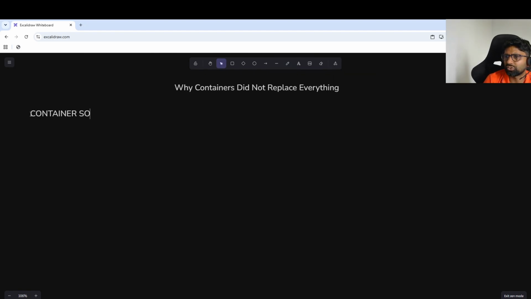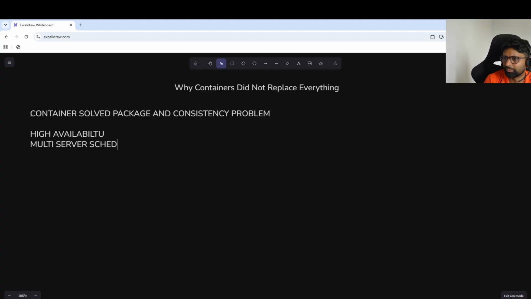Containers solved the packaging and consistency problem, but they did not solve high availability. They did not solve multi-server scheduling. They also did not solve automatic recovery, load balancing, scaling, or secret management.